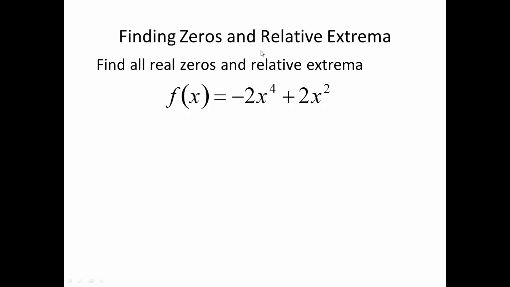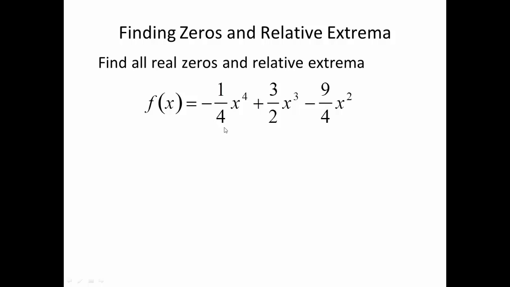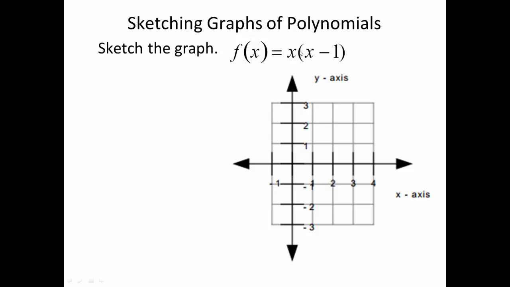Okay, find the zeros. Relative extrema. I'm going to skip the relative extrema here. Alright, sketching this. When we sketch this, we're going to find the zeros. And from what we just did, we know that there's a zero at 0 and at positive 1. These are my two zeros. So when we put these 2 points on here,